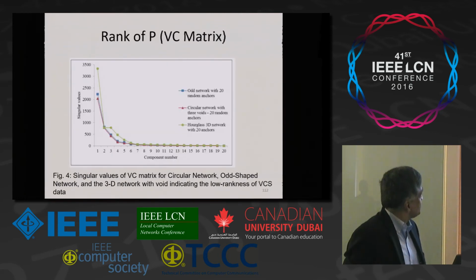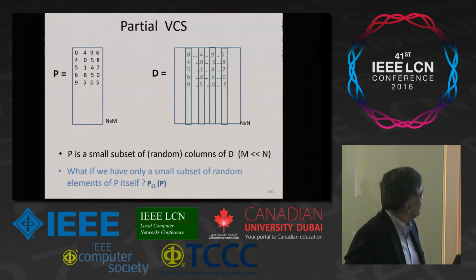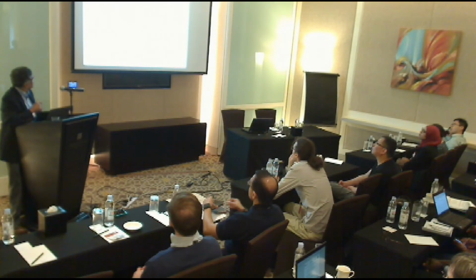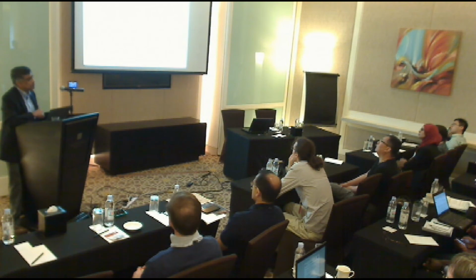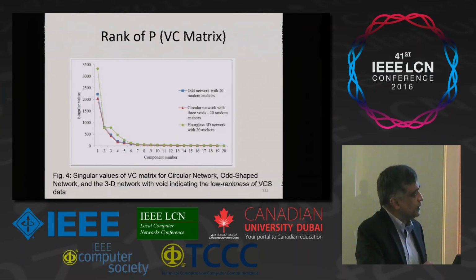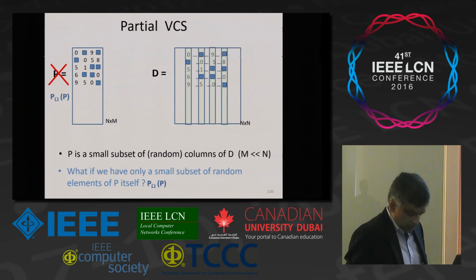And in fact, if you look at this P matrix, so I'm looking at this complete matrix, and if I look at its singular values, basically the significant number of singular values tells you the rank of that matrix. Right? In many of the practical networks, the rank of this distance matrix is very low. Right? So that means there's a lot of redundancy. So in fact, we take this thing here and we start dropping random coordinates from these columns, and we try to reconstruct this. And I will come to the method of reconstructing.